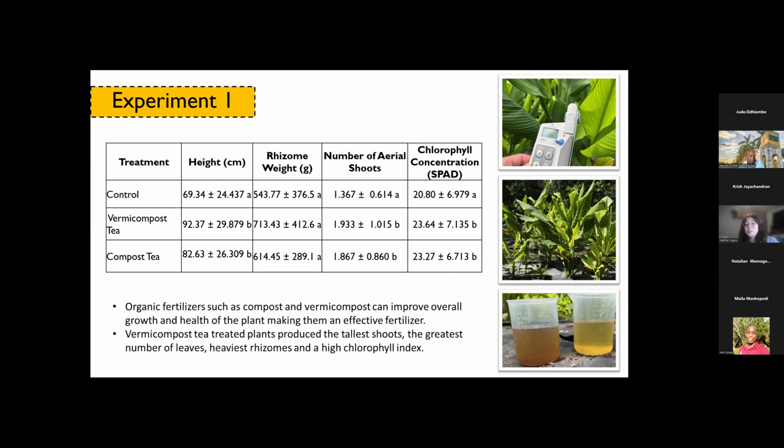We also observed something else that I thought was really interesting. In both experiments, we actually saw this, which was that there were heavy metal concentrations observed higher in, but also in the compost tea treated soil as well.